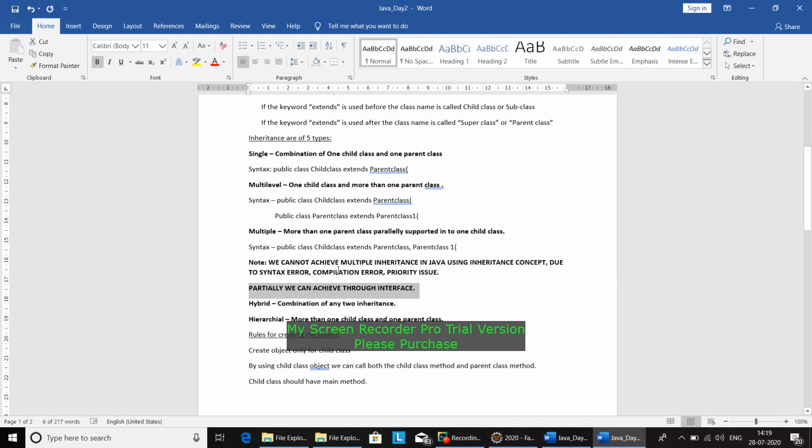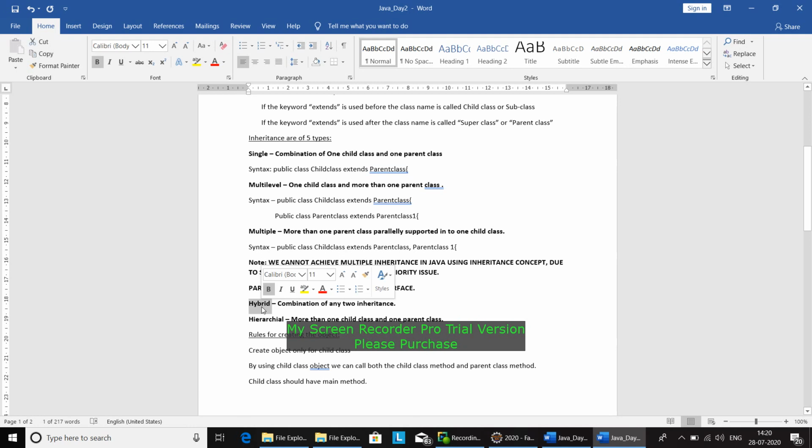We cannot achieve multiple inheritance due to compilation errors and priority issues. The program gets confused whether to pull ParentClass or ParentClass1. It gets confused with respect to prioritizing, so it is achievable only partially through interfaces, which we will see in the upcoming classes.